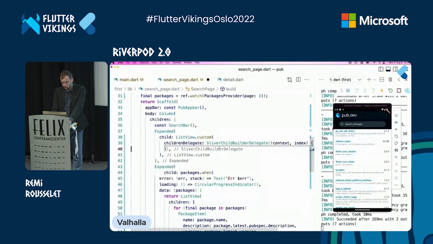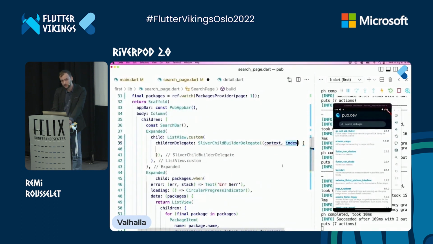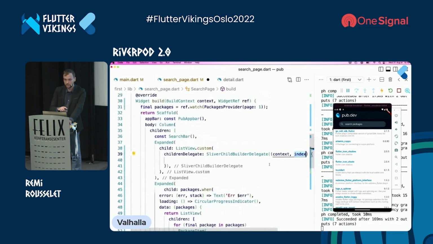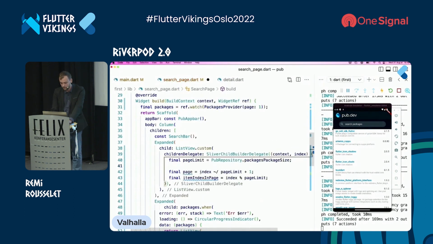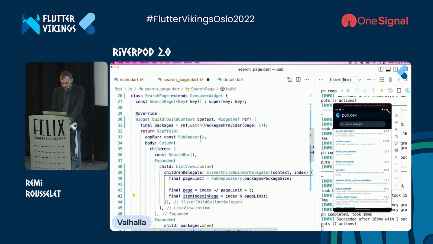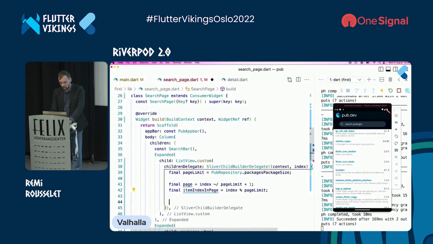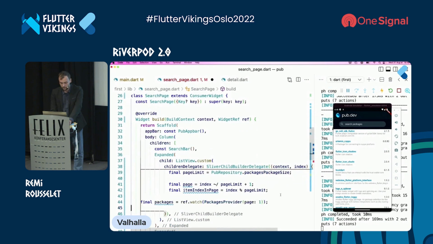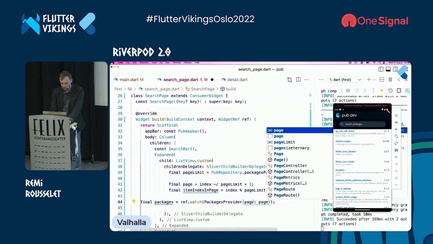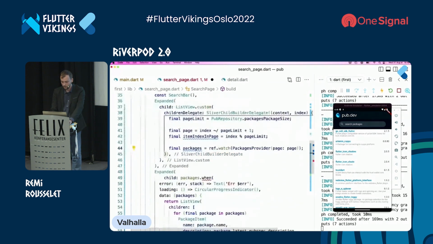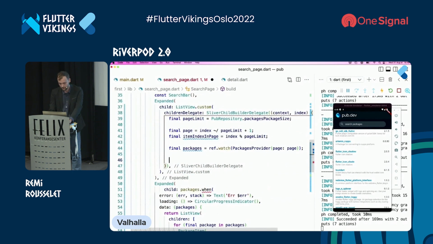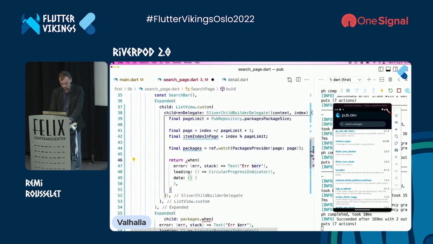So we've made a list view, and from here, we need to convert this index into something more valuable for us, like the page index and the item index within that page. So let's do that. It's just quick math. We know the page size. Pub uses a page size of 100 items, so we just use quick math for it. Then now we can fetch our page from this new number. So we can just pass this variable here. Once again, we need to handle the loading state. So return 1 packages